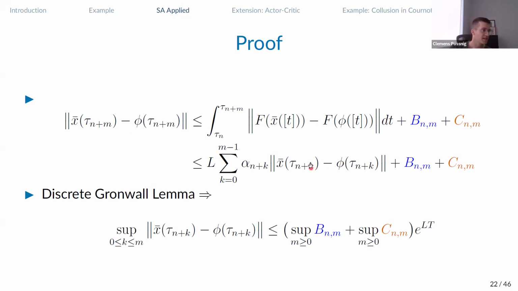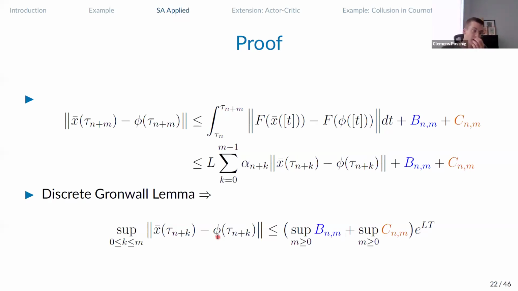And what it gets you is that the summand itself is upper bounded by this exponential term, which is constant because we look at a fixed capital T, multiplied by the rest of the summands in this bound here. And now we know that both of these are converging to 0 as n goes to infinity, and therefore also the left-hand side here goes to 0.